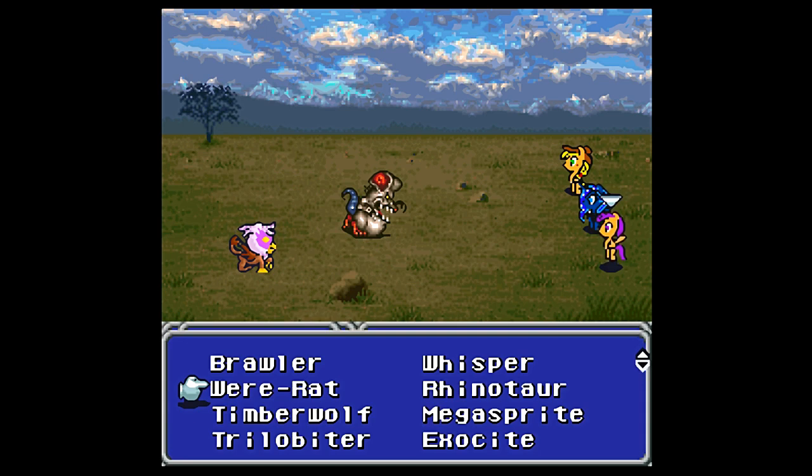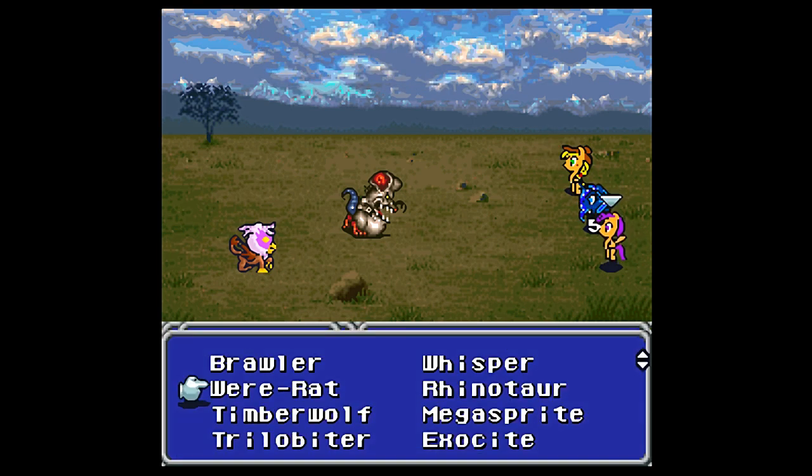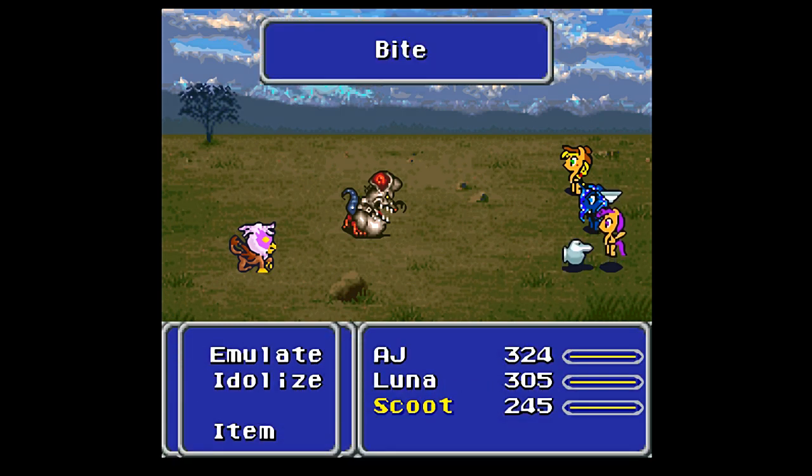As Spike explained in the last video, Scoot can only learn new abilities here on the Prancing Plains. She will not have access to Idolize at all outside of the Prancing Plains. I'm surprised he didn't counterattack that. Anyway, if we select Idolize,